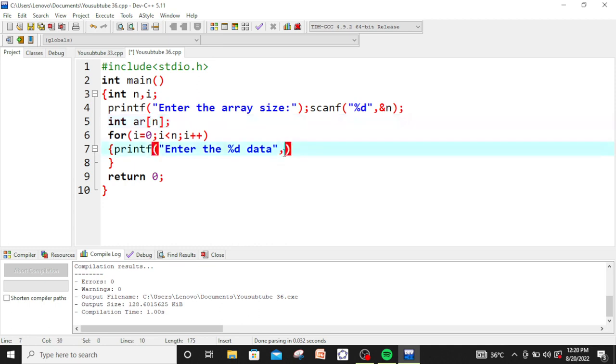etc. It starts from 0, so here we have to write i plus 1, because of the data number. Here you can even make it more beautiful: Enter the data number %d, and for this %d, this i plus 1 will take the value. Initially i is 0, so 0 plus 1 will be 1, and the output will be